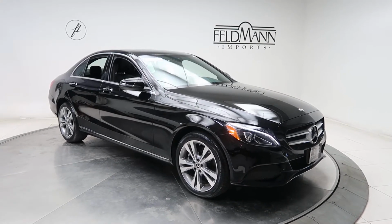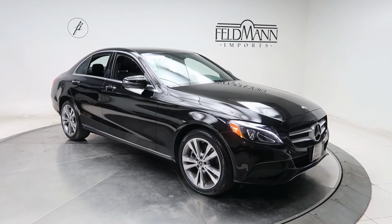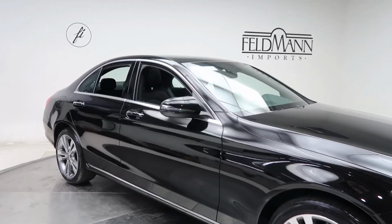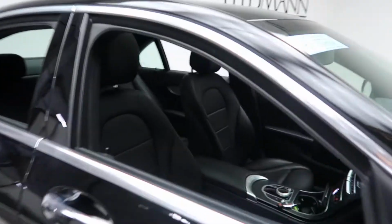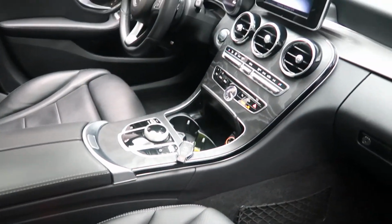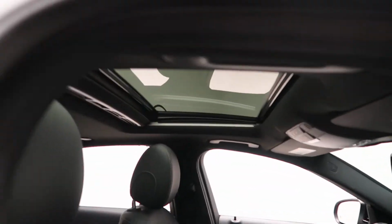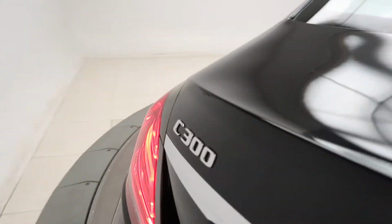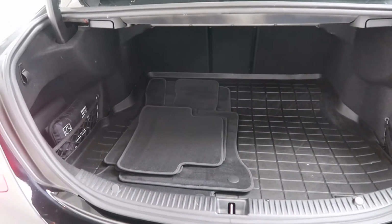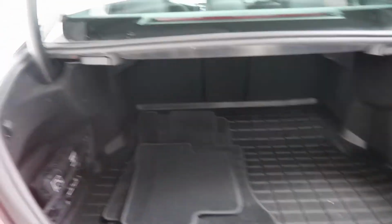This one has front and rear LED daytime running lights, 18-inch twin 5-spoke wheels, a black MB-Tex interior with a natural grain gray oak wood trim, sunroof. Coming around the back, we've got C300 4MATIC badging, clean set of floor mats, fold down rear seats,